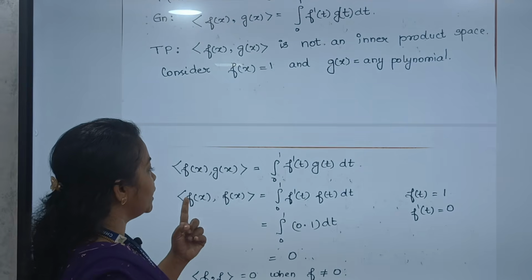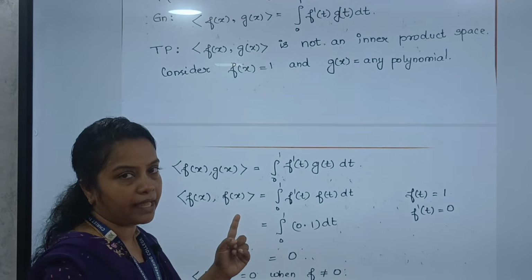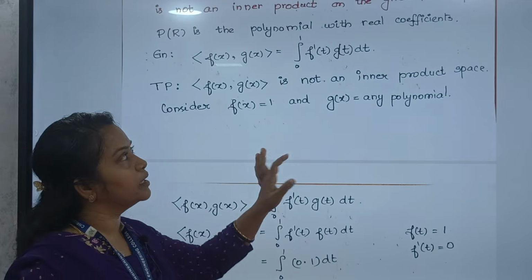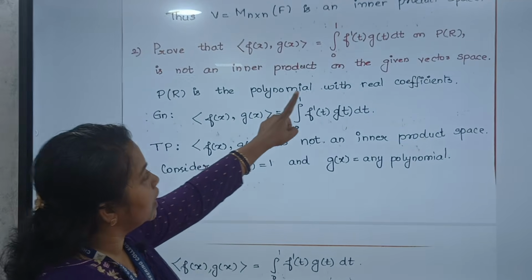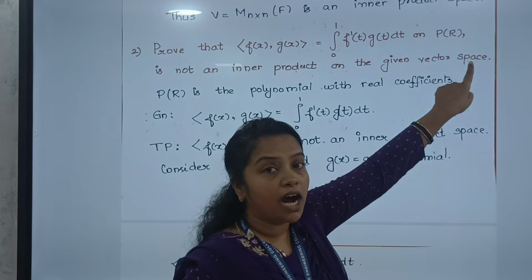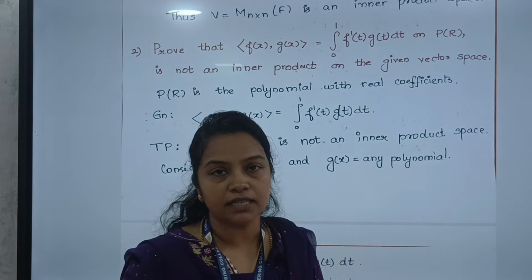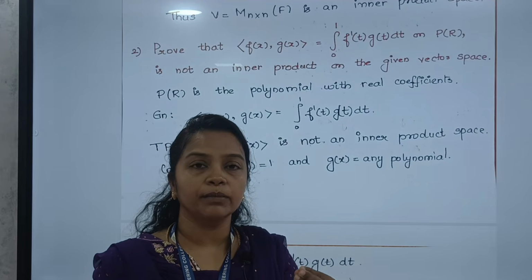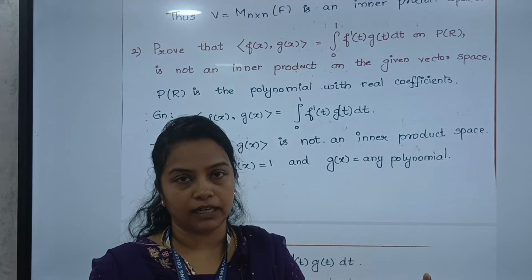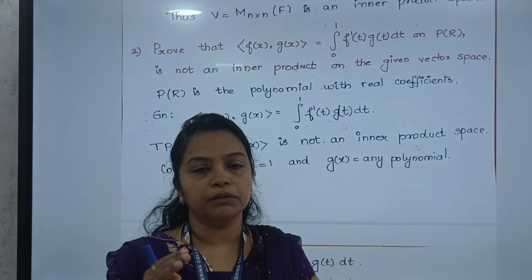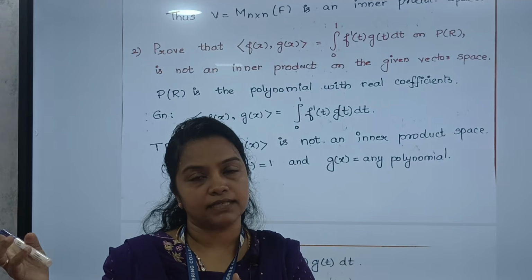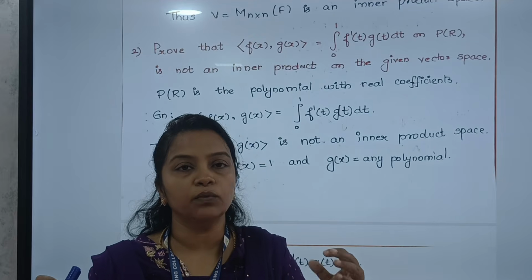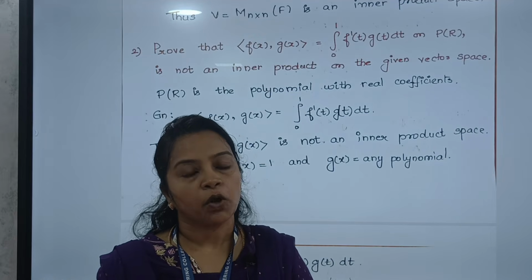அதனால inner product f of x comma f of x ன்னு I have written. So இந்த ரிசல்ட் ப்ரூஃப் பண்றதுக்கு இங்க என்னன்னு கொடுத்திருக்காங்கன்னா P of R ன்னு கொடுத்துட்டாங்க. What it means is P represents the polynomial. Polynomial னா எப்படி இருக்கும்? Equation formatல இருக்கும், that is x cube minus x square plus x minus 4, இந்த மாதிரி equation formatல இருக்கும் with the variable of x. ஓகேவா,